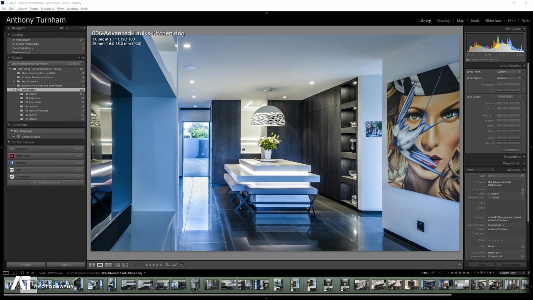Hi guys, Anthony Turnham here, and I've got a tutorial for you today all about architectural photography and how to process it. So today we've got a beautiful kitchen here in front of us, and I was there for the